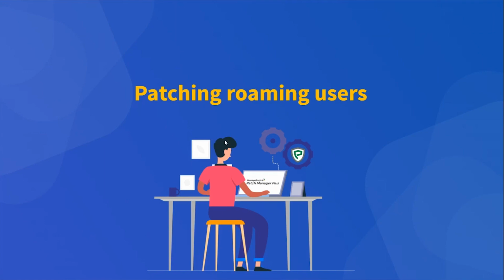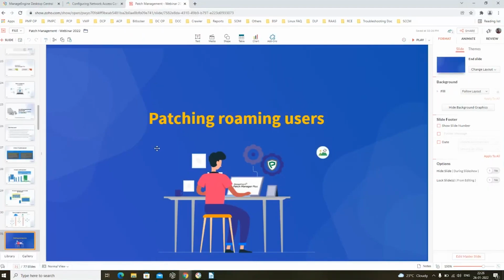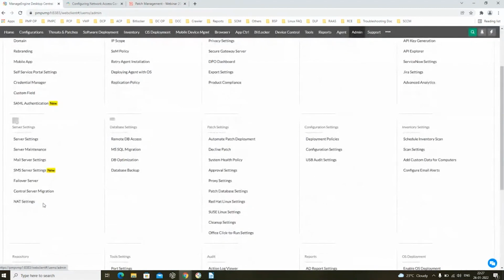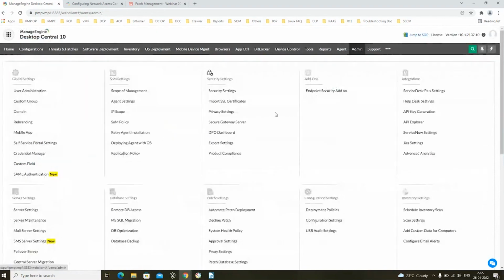I'm going to take you to the web console of Desktop Central and show you how this configuration can be done. On the Desktop Central interface, navigate to Admin, NAT Settings. Here, you will be able to configure the public FQDN. Once that is done, you can go back to Admin, Secure Gateway Server.